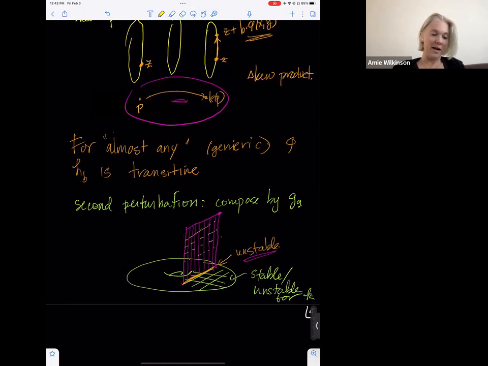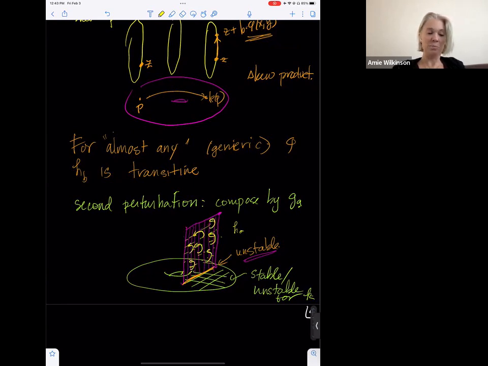Now I'm going to lie about H0, and I'm going to say H0 is just the one that acts trivially on the third direction. What does GA do? It mixes in some way